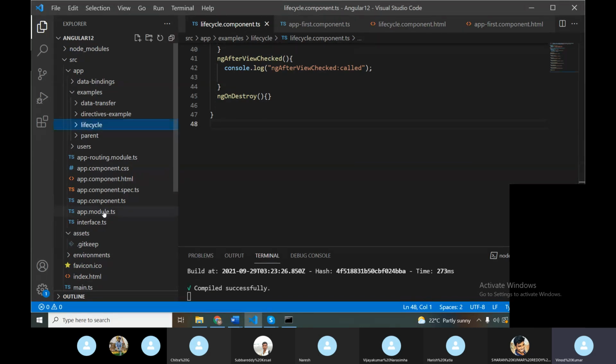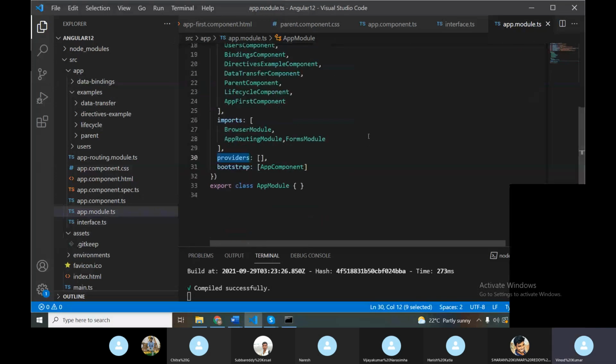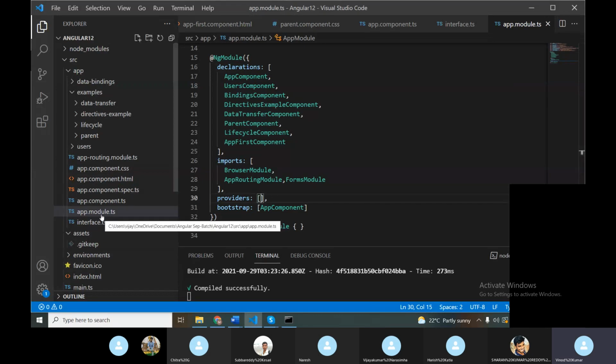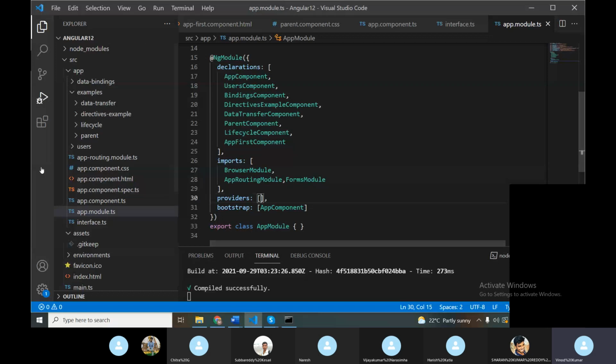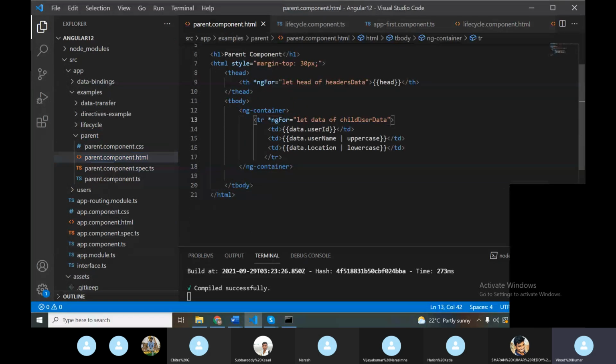We will create it inside the providers array. So we are using a providers array in the module.ts file to include the services, like to inject the service as a dependency inside the providers array. We will declare it and we can access the same instance of the service in all the components. Now wherever we require, simply we can import that particular service and we can access the data. See, like this way: